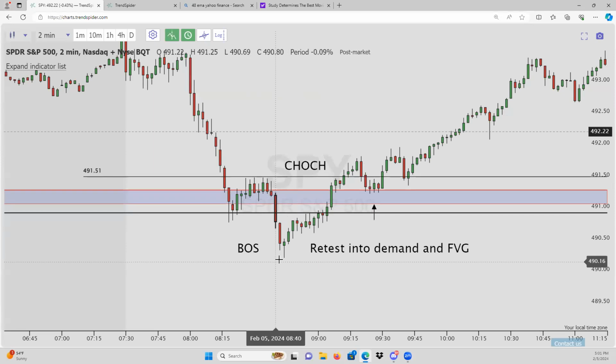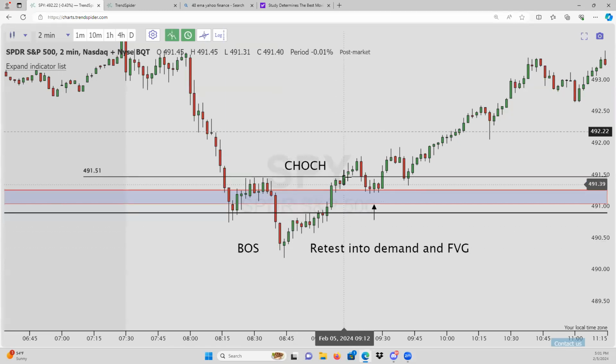So now when this happens, this is showing us that more than likely we'll get a reversal. Why? Because we just broke market structure. It's showing us that the bulls have showed up, that buying is happening, that there's demand here, and they're reversing the character, right? We're now entering into a bullish structure versus this bearish structure that we were just in.